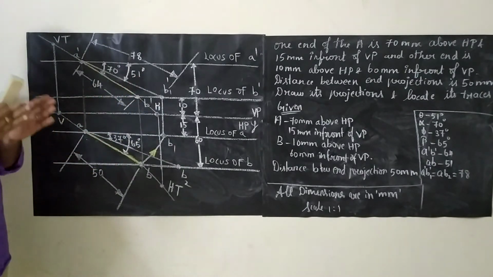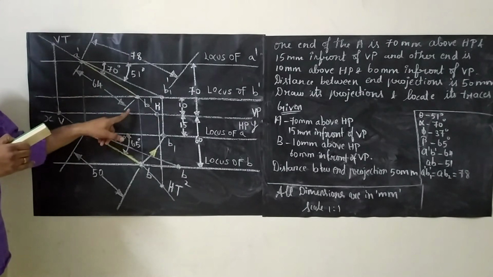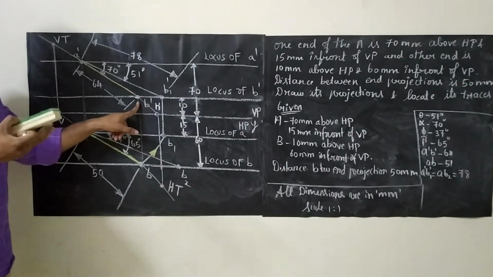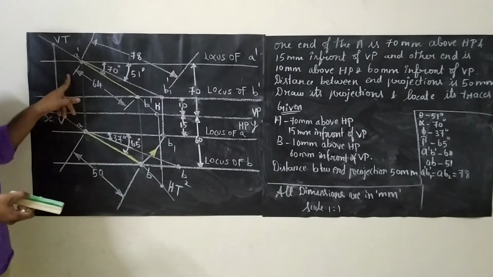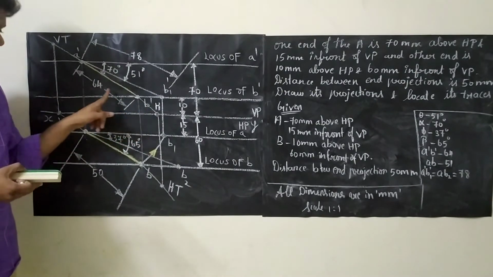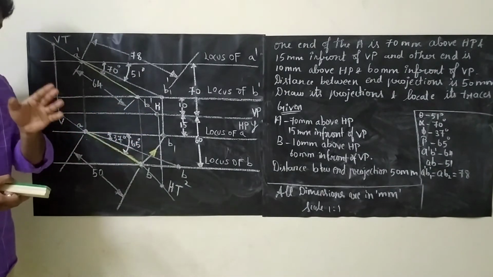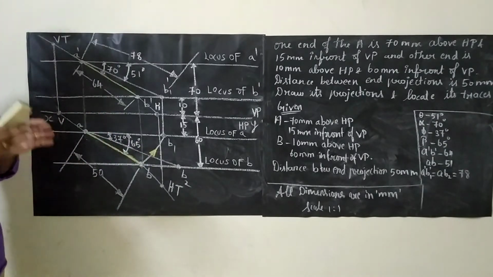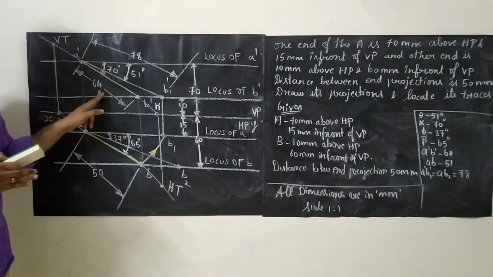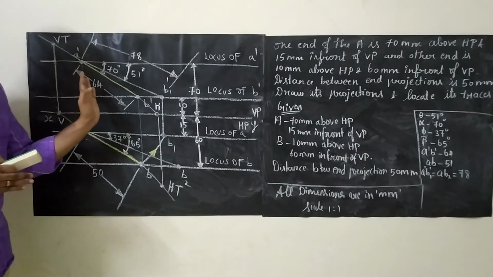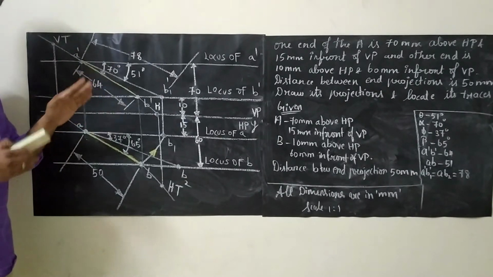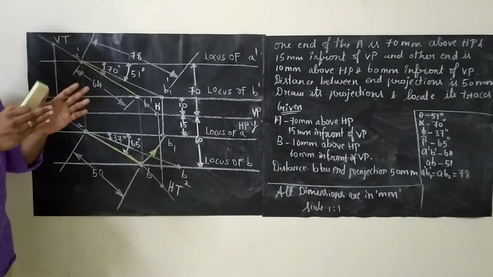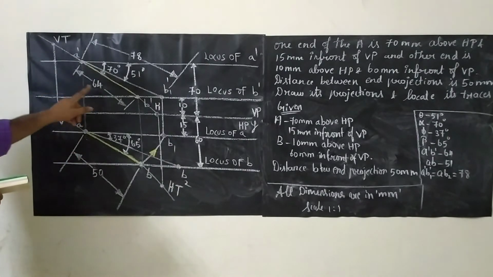When you are dimensioning, the extension line should be 1 mm away from the diagram, that is away from the line. See to it that the extension line is drawn with your 2H pencil and the dimension line with your H pencil, and the arrowhead should be sharp pointed, 3:1 ratio, and the number should be written vertically. The line can be slanting, but you have to break the line and write the number vertically with your HB pencil. Just dimension as I have shown here.